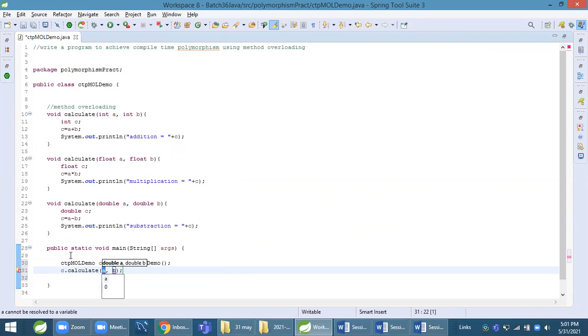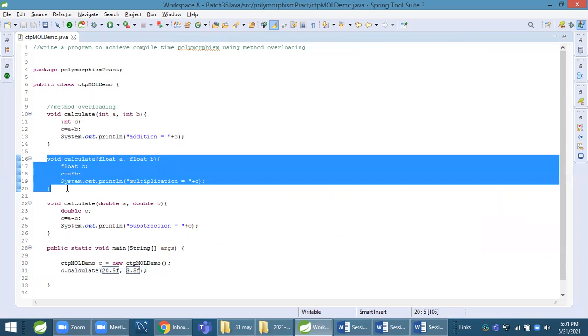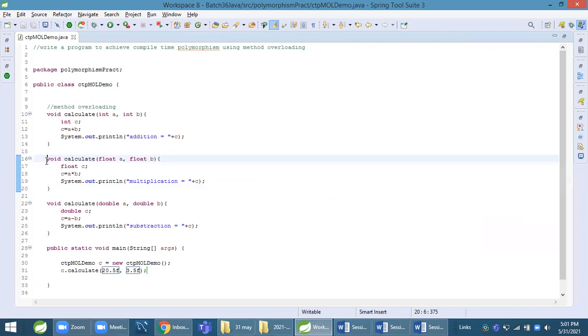If I send 20.5F and 3.5F, then what will happen? Let us see. Then this one method will be overloaded, meaning selected, meaning executed. This is called method overloading.